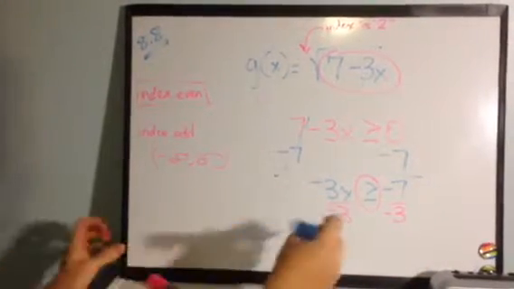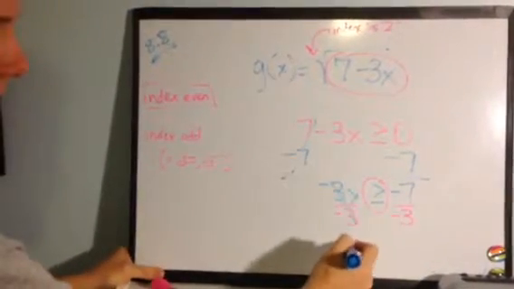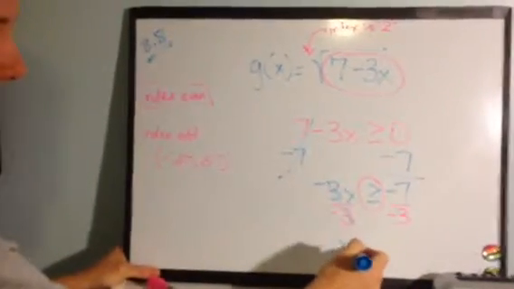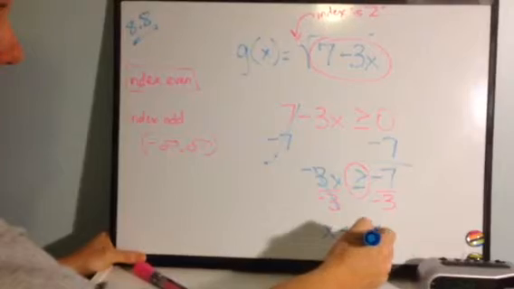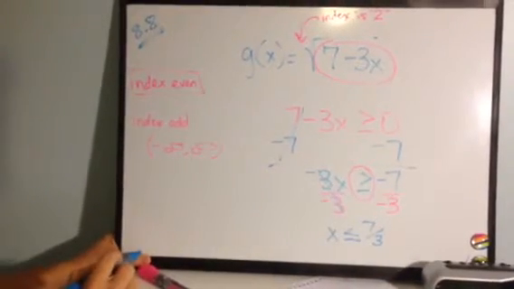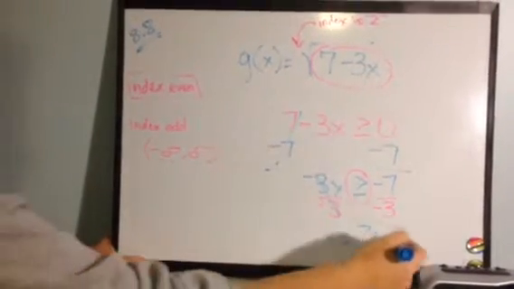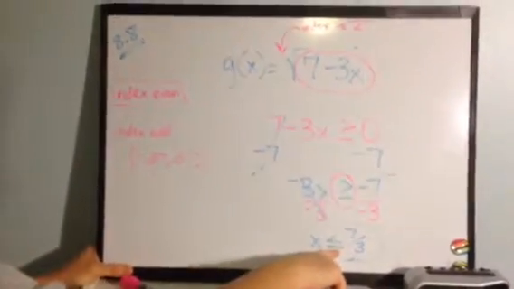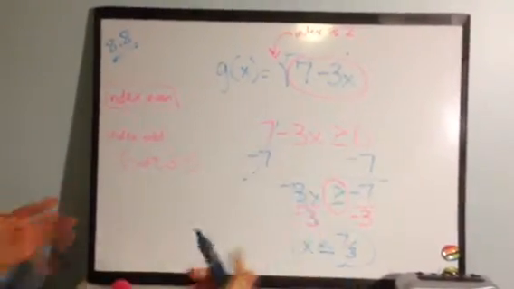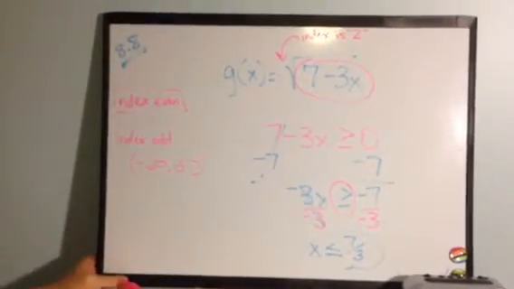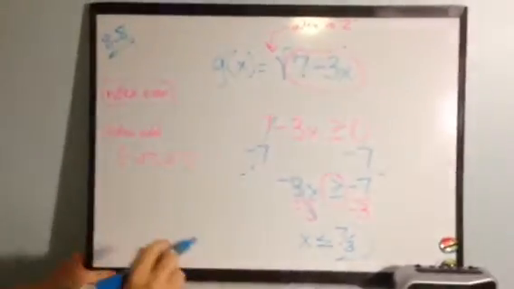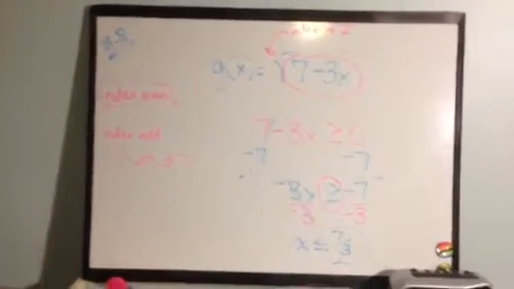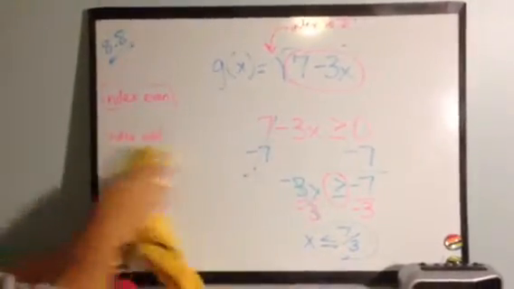So what I end up with now, these cancel out. So x, remember to flip your inequality because you divided by a negative, is less than or equal to 7/3. Anytime this x is less than or equal to 7/3, which is about 2 and 1/3, then this is going to be a non-negative radicand. So the way I would write this,